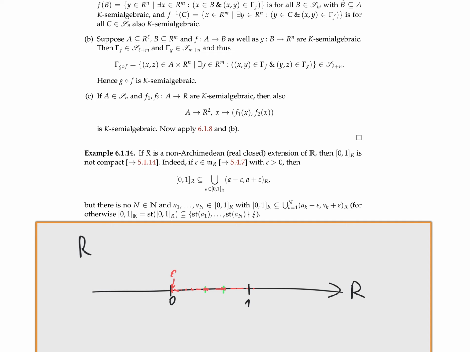And if you take this inclusion here and you take its image under the standard part, which clearly makes sense, you get here the real interval from 0 to 1 in the real numbers. Easy to show, right? And here you get